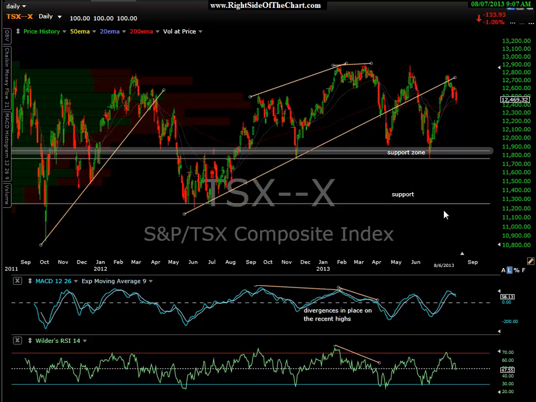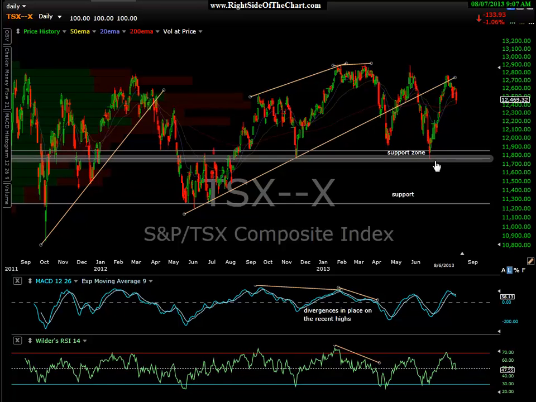I had listed this support zone and this support zone. And as you can see, that most recent correction came down and kissed the bottom of that support zone, which I've had on this chart, I believe, for months now. A perfect kiss of that support zone, and we did have a reaction off there,